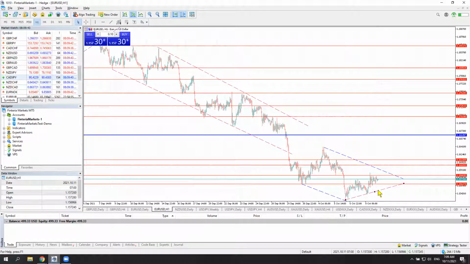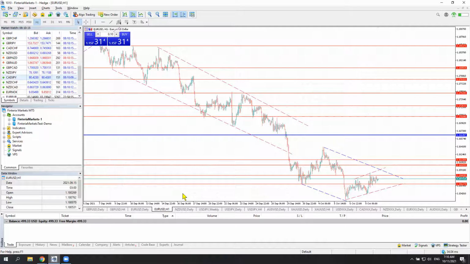There's a small channel. You can draw it like this. Currently, there are a few channels: the downside channel on the 4-hour chart and the hourly upward channel. So we're currently in the correction phase. In my opinion, there's some potential for further consolidation, but I generally remain dollar bullish, and I would recommend you to consider shorts from various levels.